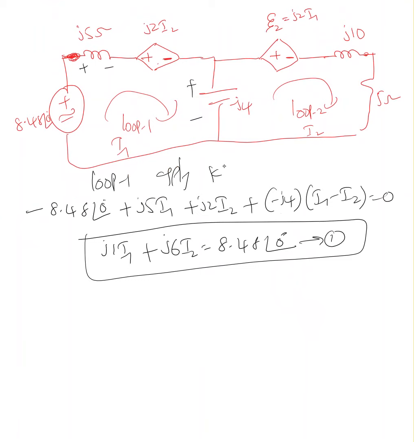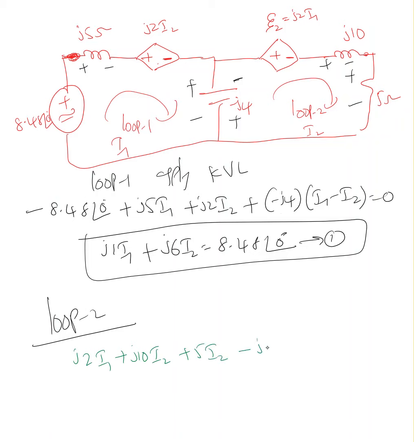Apply KVL. Now loop 2, same thing, apply KVL. According to my current direction, this is plus minus plus minus plus minus. Okay, let me use a different color. Here I'm entering the positive terminal, so J2 I1 plus J10 I2 plus 5 I2 minus J4,